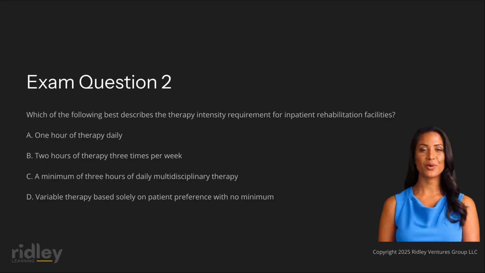Question 2. Which of the following best describes the therapy intensity requirement for inpatient rehabilitation facilities? The correct answer is C, a minimum of 3 hours of daily multidisciplinary therapy. Rationale: inpatient rehabilitation facilities operate under specific regulatory requirements that distinguish them from other post-acute care settings. The 3-hour daily therapy requirement reflects the intensive service delivery model designed to maximize functional recovery during the critical early